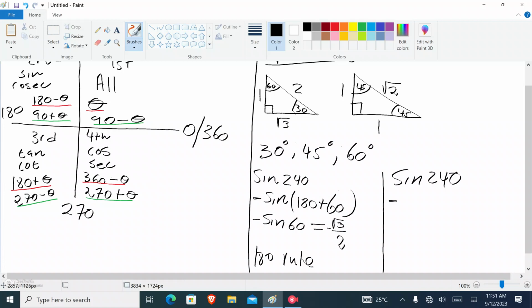Sine is still negative. Then what is our co-ratio of sine? So the co-ratio of sine is going to be cos. Now how do we represent the angles in the quadrant? It's supposed to be 270 minus theta. Now let's write 270. All right, minus. Now what is the theta? What is the angle that we can insert there that when we subtract from 270 we will